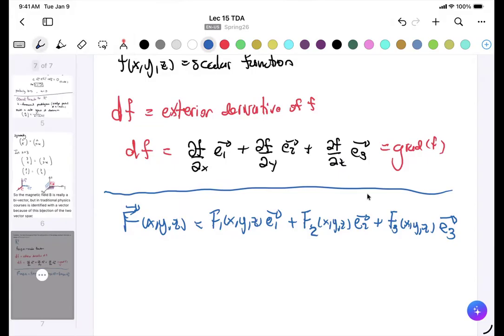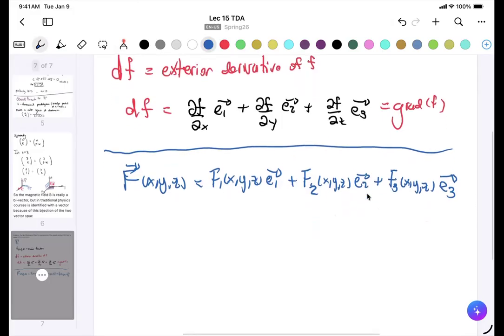So what I'm trying to say is that this is a vector, because it's a combination of E1, E2, and E3. But the only difference with a regular vector, where the coefficients are always constants, is that in a vector field the coefficients are functions of x, y, and z. So my claim is that the exterior derivative of this vector field is defined to be